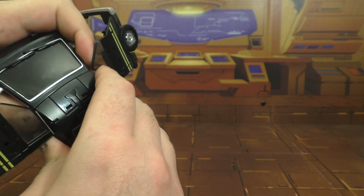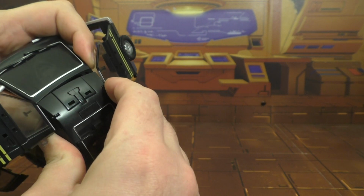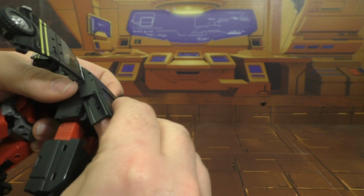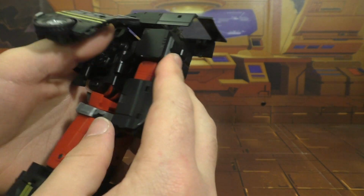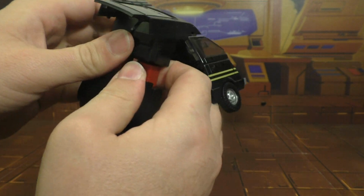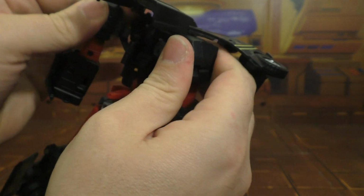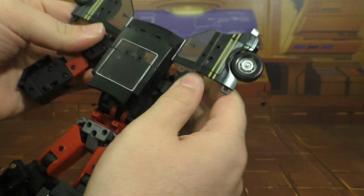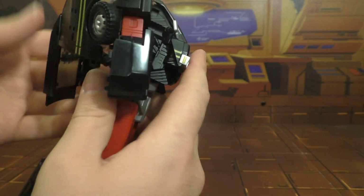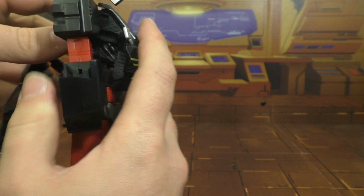Untab this roof section here. Come on. Rotate the arms down, and then we untab the arms and we pull them out to the side, trying to get those out of the way because this thing is being a pain in the ass. Rotate this whole assembly around,